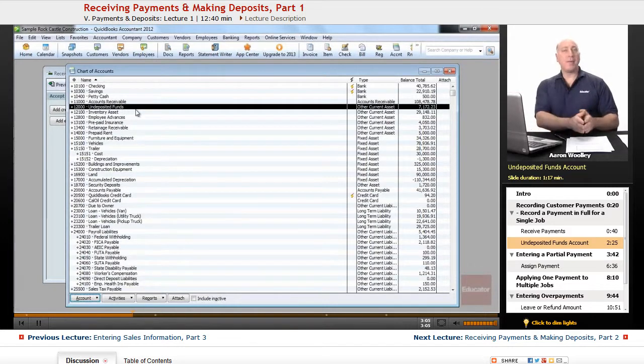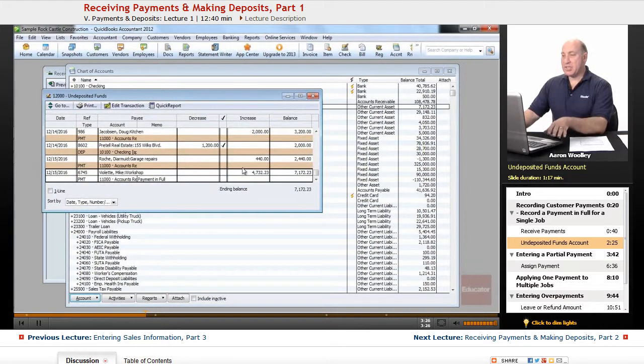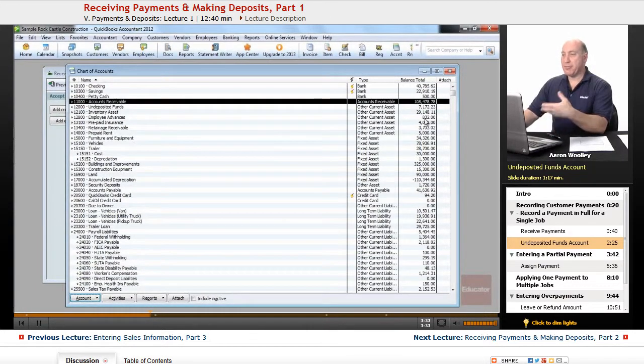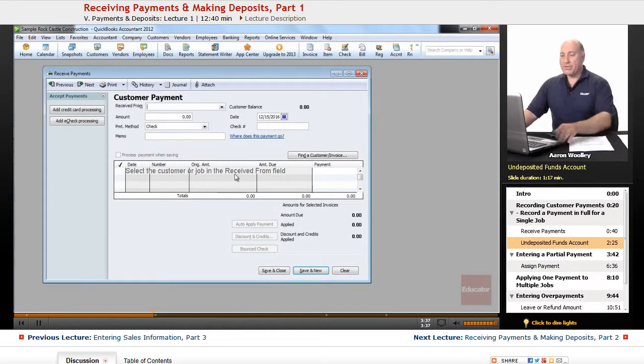If we have multiple bank accounts, maybe a payroll account, maybe an operating account or other bank accounts, we can actually deposit those funds into multiple different accounts. So it holds the money in the undeposited account, and we will show you how to make deposits a little bit later. But just notice that it does put the deposit that we just made, $47.32, into this holding account called Undeposited Funds, and it credits the accounts receivable account, lowering the amount that our customers owe us. So now we've learned